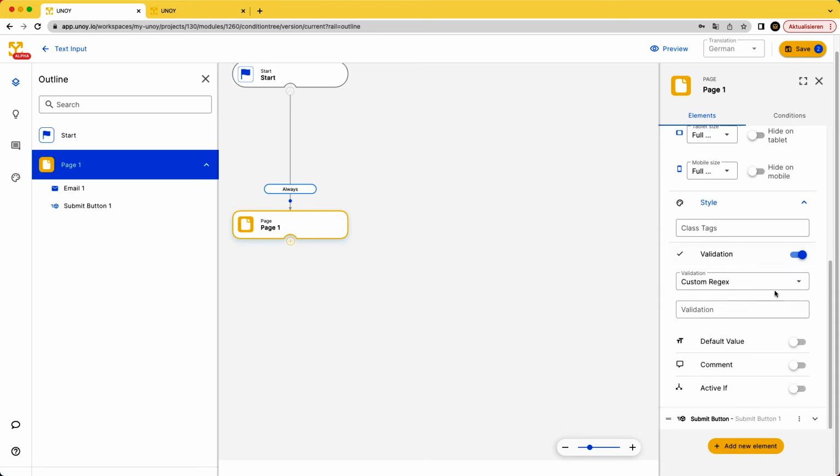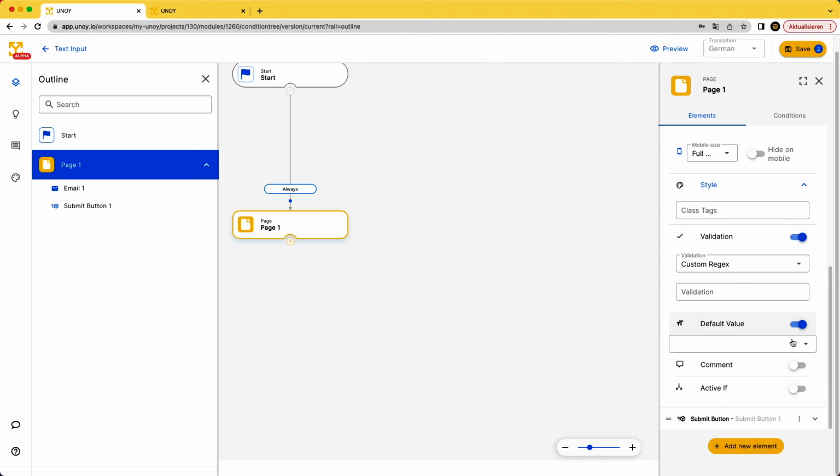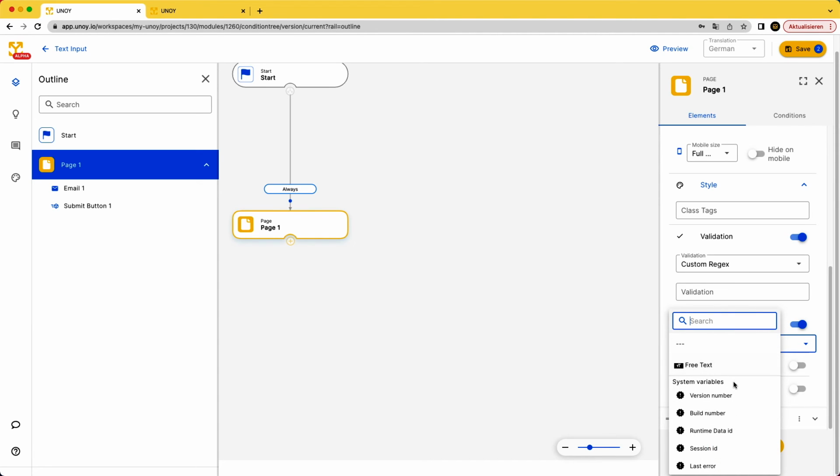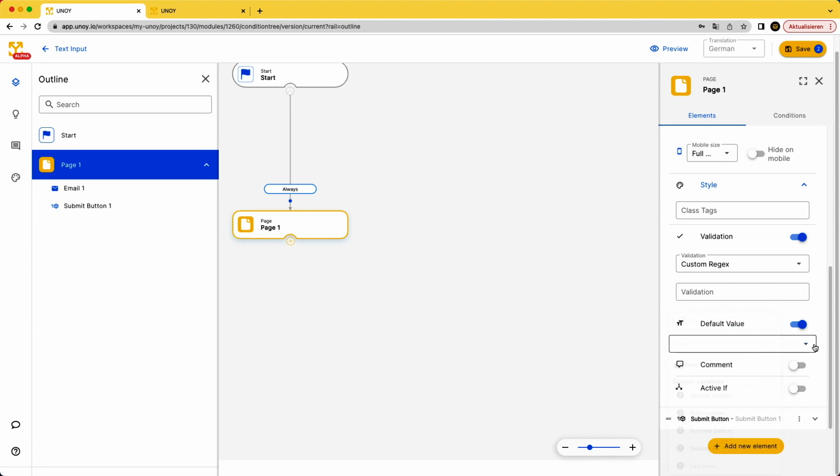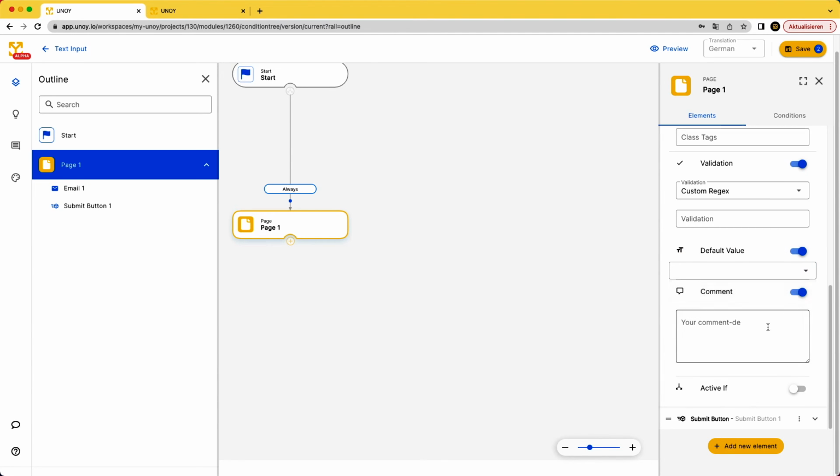Add a validation by using a custom regex. Set a default value by using system variables, free text, or reference other users' inputs. Add comments